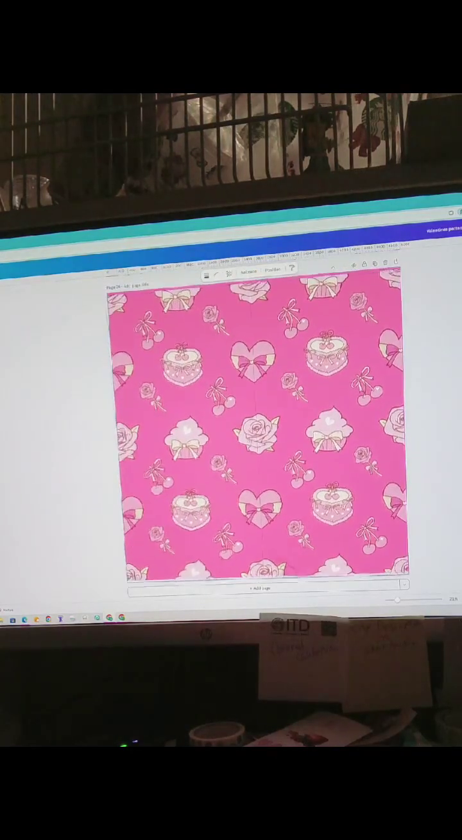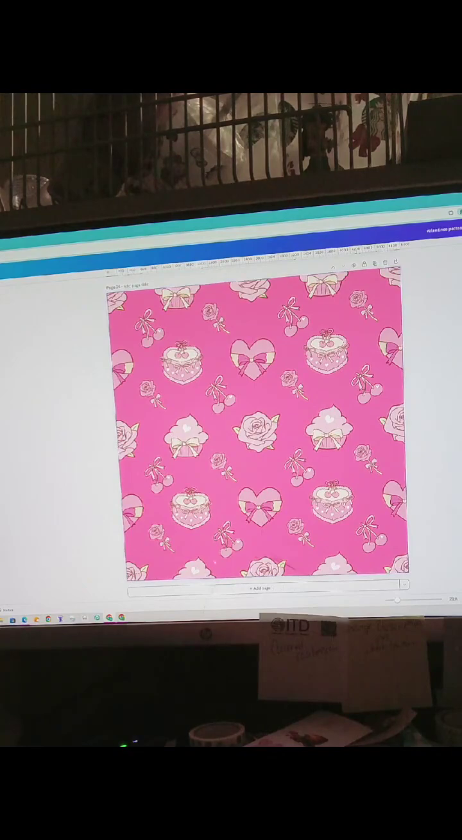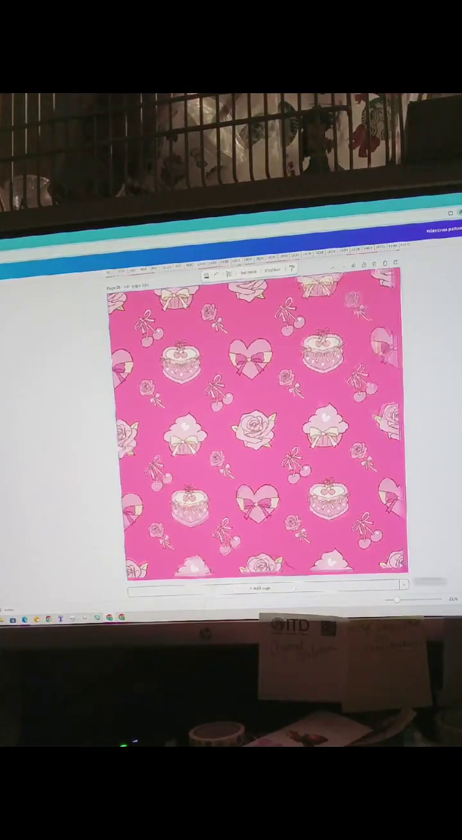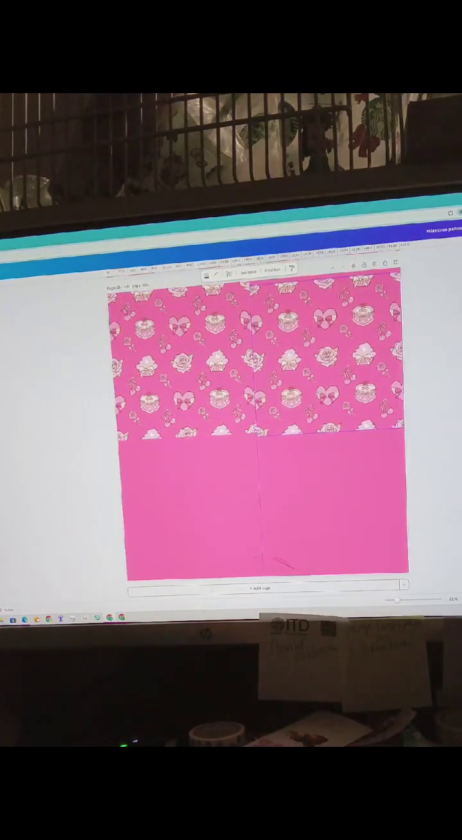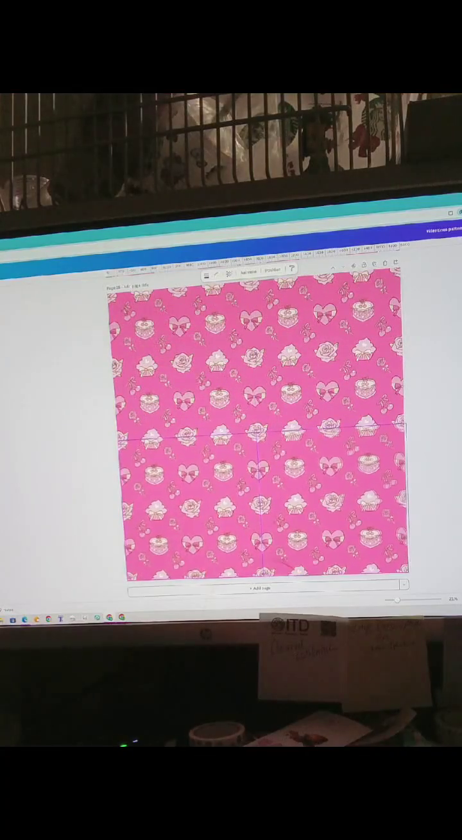That's why we downloaded as a transparent PNG image, so you're able to change the color from the back. And if you want to make your pattern even smaller, then just go ahead and shrink it in